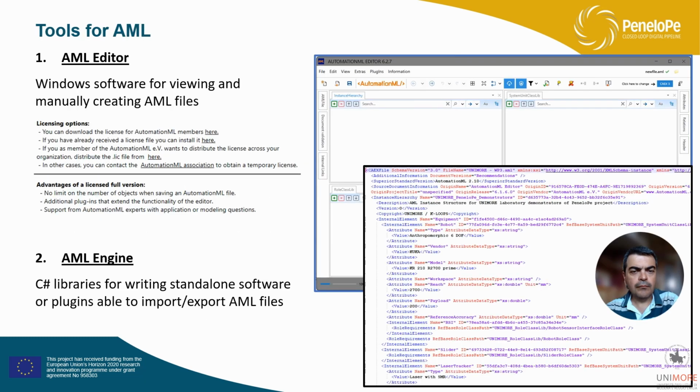But how to write or read an AutomationML file or integrate these files in automation systems? Basically, the AutomationML association provides two tools. The first one is the AutomationML editor, which is a Windows-based software for viewing and reviewing or creating or modifying AutomationML files. This software is provided with a free license in its basic form, which has some limitations. For instance, you cannot save